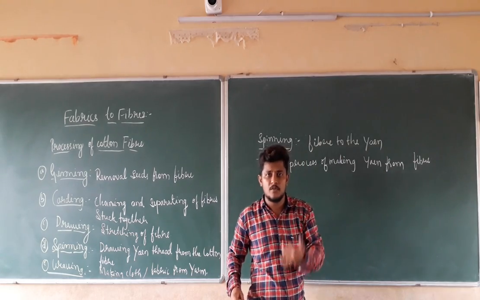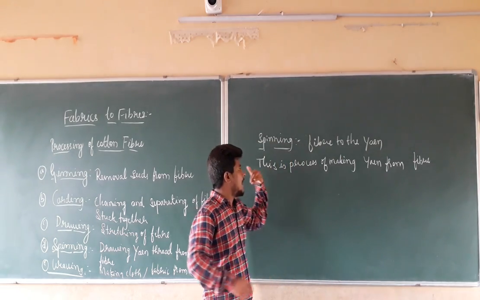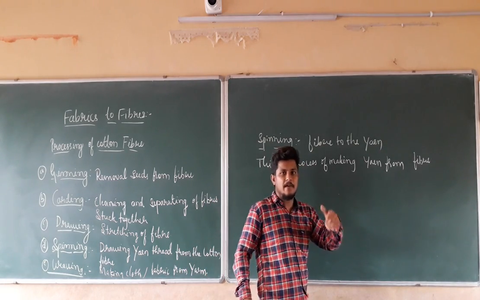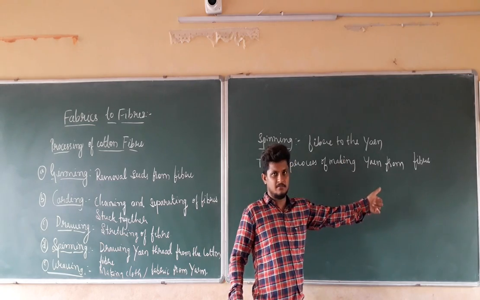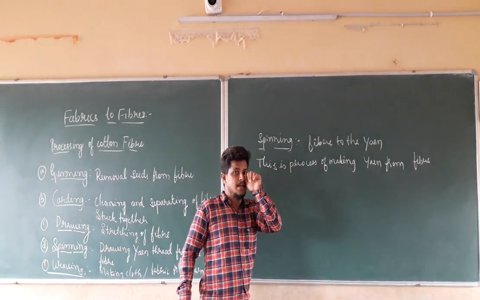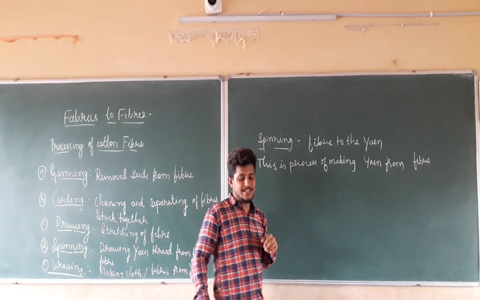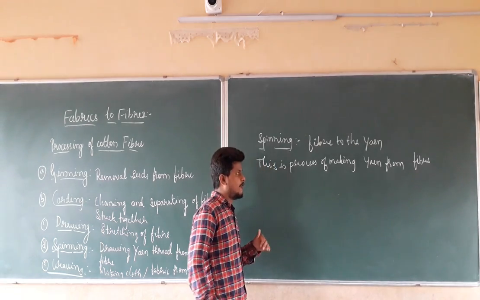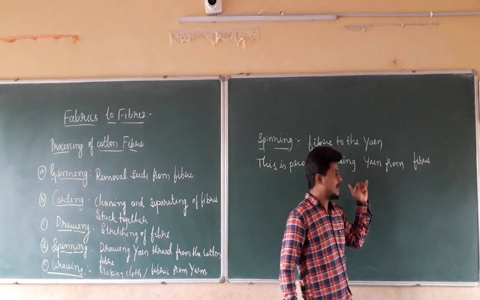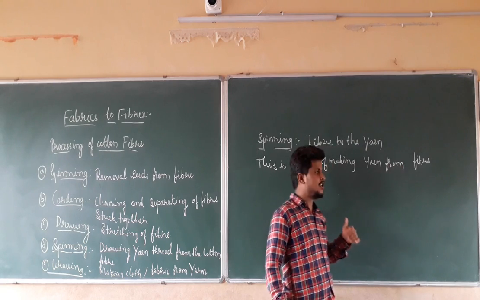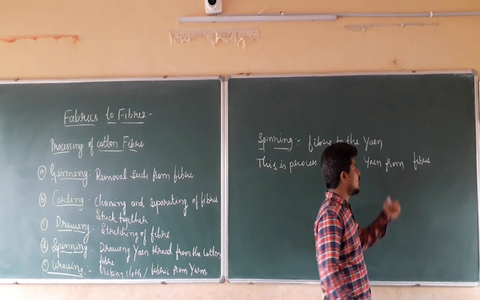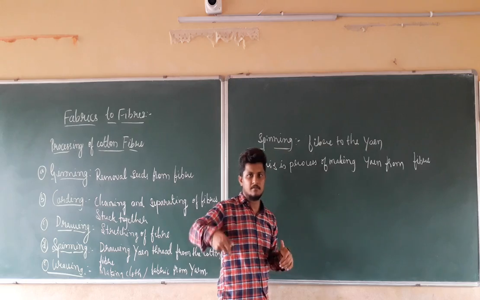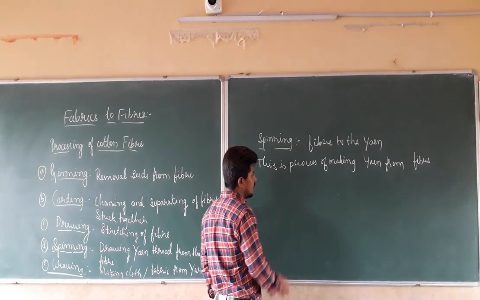So what we have to do? We have to make an equipment that is going to spin the fibers to make a yarn. So we are going to use a charka. We are going to use a charka for the purpose of making yarn from the fiber, so that we continuously provide the fiber. Those fibers are converted into yarn by using the spinning. For that reason we are going to use the charka.